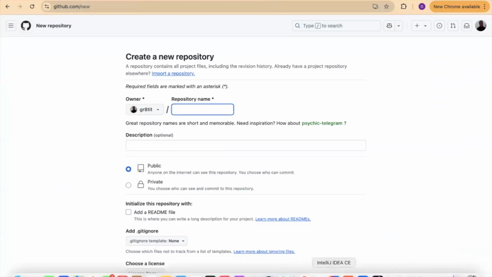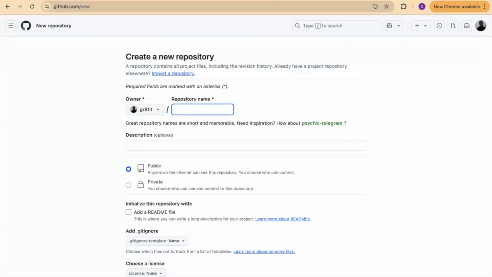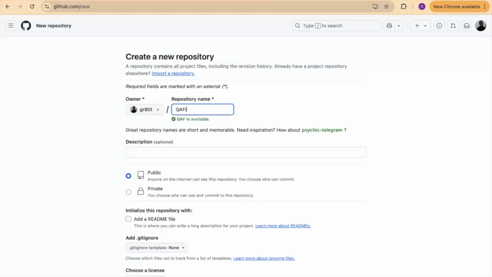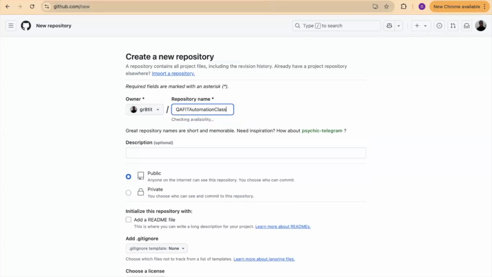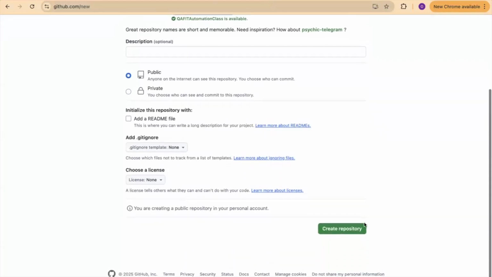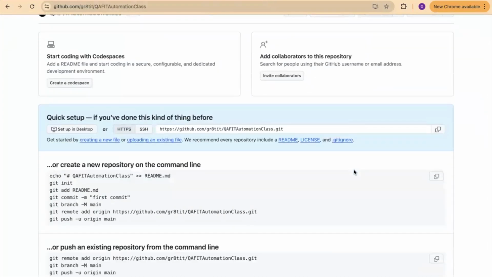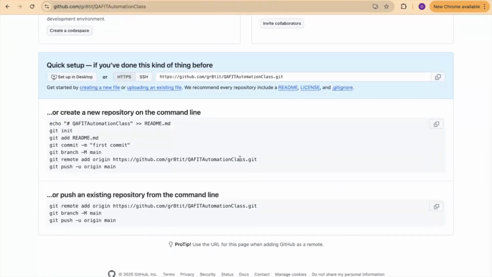We can call this the same name as the name of the project. Maybe let's call it QA fit automation class, right? I'm not writing any description, I'm not adding a readme, I'll just create. Now it tells you what to do next. It says through HTTPS, this is the repository name. I can copy the repository name and I can say